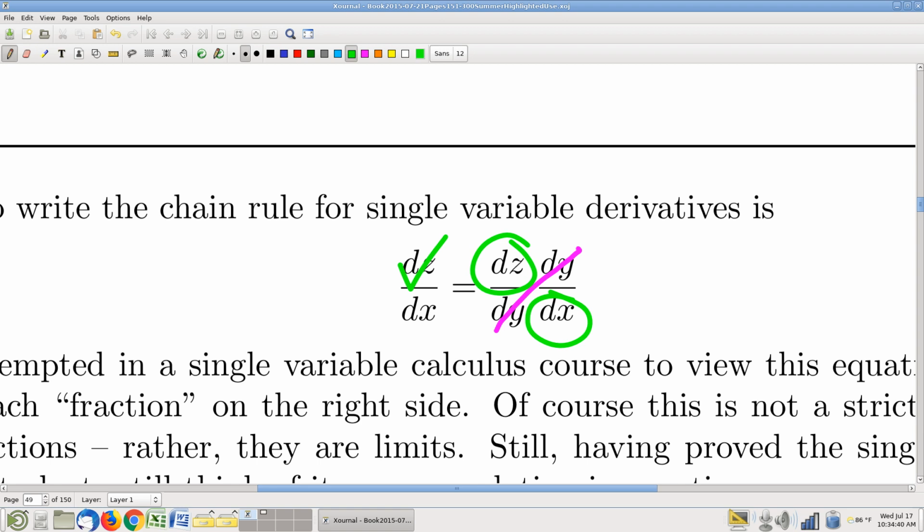And there's a point of view you can take on that, but in order for this to make sense, you've really got to develop some ideas that are not developed in single variable calculus classes. So this is uncomfortable, I'm going to call it. You can kind of get away with it in a single variable context. Okay. But I must point out, you cannot get away with this kind of nonsense in a multivariable context